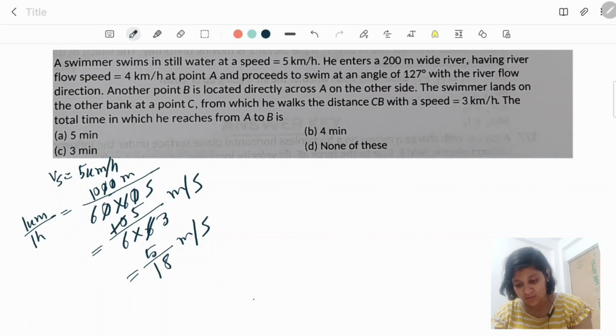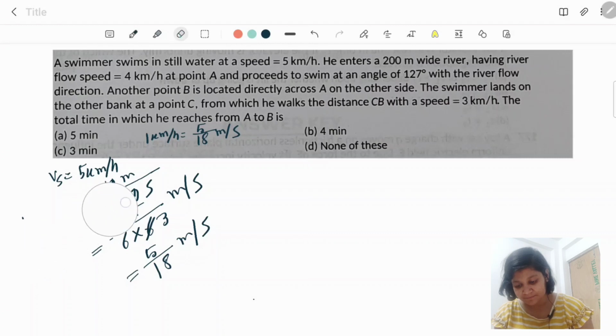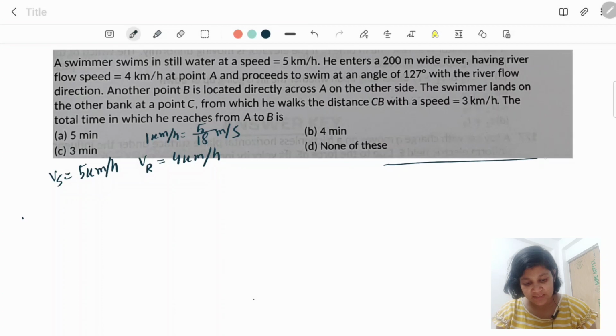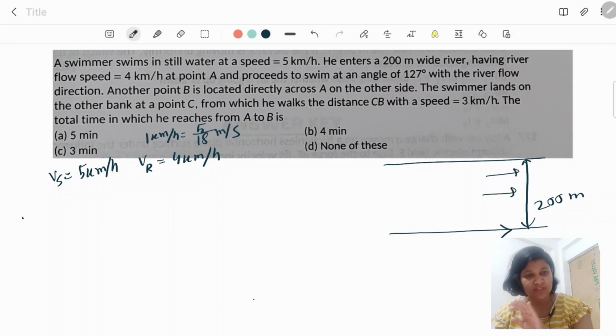So if we write it down somewhere near here, 1 kilometer per hour is equal to 5 by 18 meter per second. The velocity of the river flow is also given. It is 4 km per hour. So the river is like this. It is 200 meter wide. The stream is flowing in this direction like this, the water is flowing in the river like this,